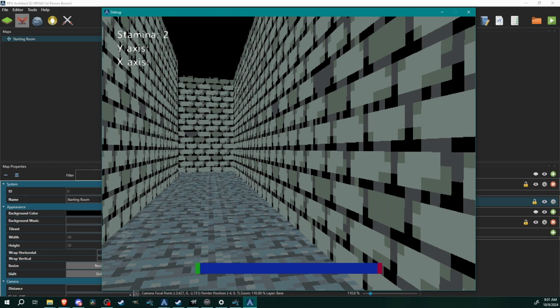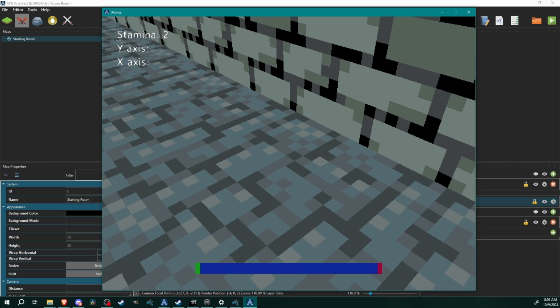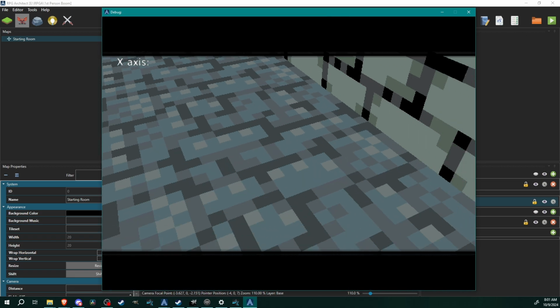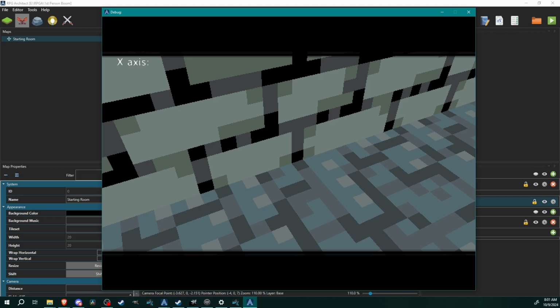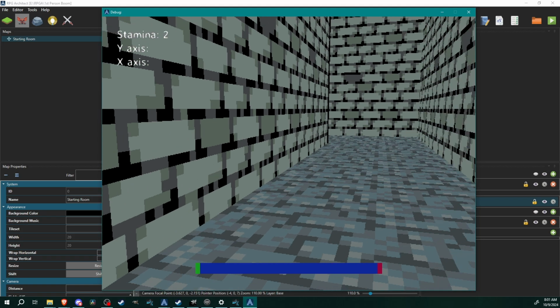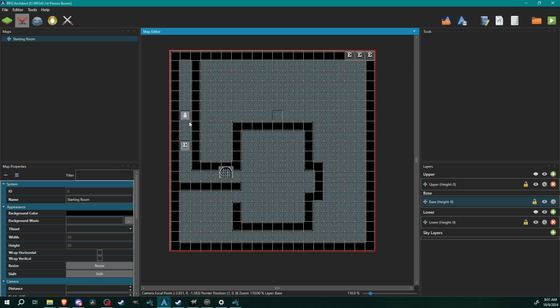What happens if we walk into our cutscene trigger entity backwards, and looking down? Uh-oh, camera just pans. Okay, so that can get messy real quick. So what we need to do is we need to save some camera info. Now you may have noticed in the top left corner of that preview I had my Y and X axis displayed because in the midst of this tutorial I realized I forgot how I was doing something. So what I want to do is I need to save the direction the camera is looking so that I can reset it